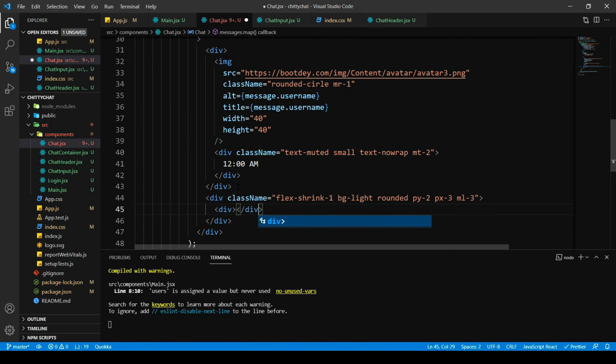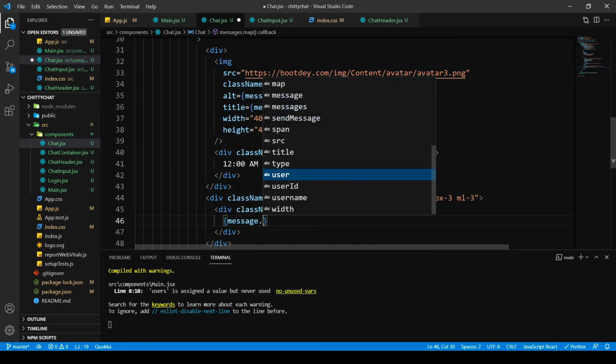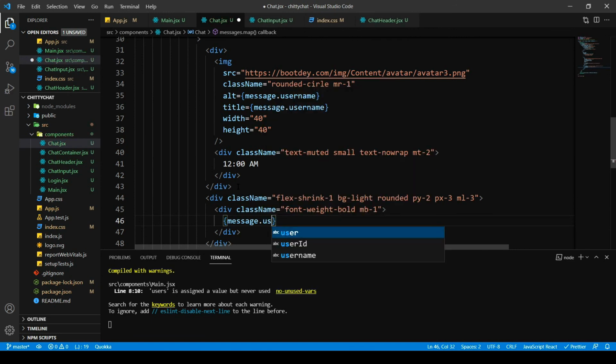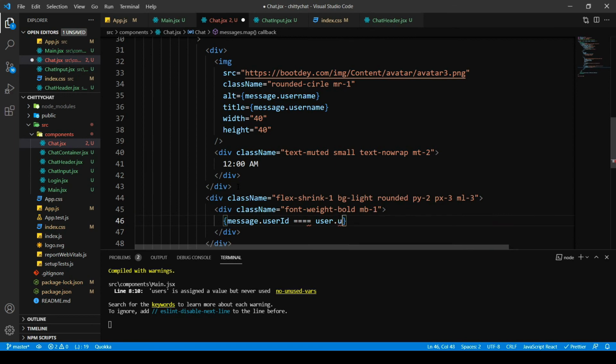Another div inside this. It's going to have a class of our actual weight, font weight bold, and margin bottom of 1. Here we're going to render our username. So if message dot username, also user ID is equal to user dot user ID,